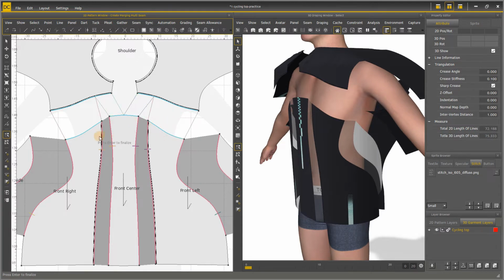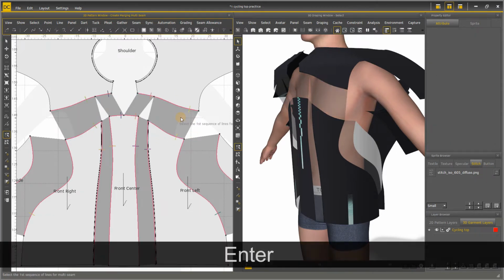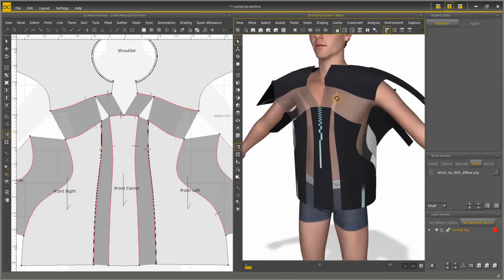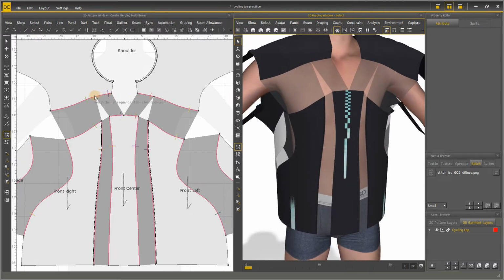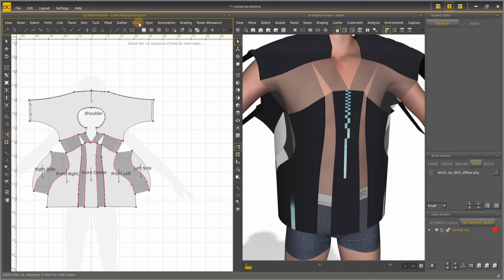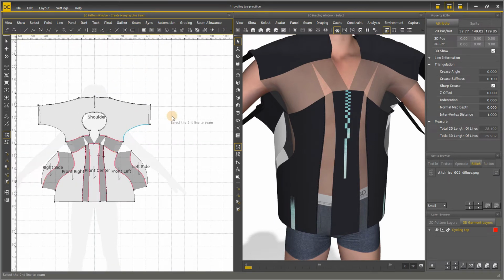As you can see, the program will calculate the proportion of the division from the number of lines you select to stitch with the other side. The preview shows that the lines are properly divided, so I can press Enter to finalize it. Now the seams are created and the lines are well divided. Let us continue creating merging line seams to stitch the rest of the garment, and then we can progress to simulation.